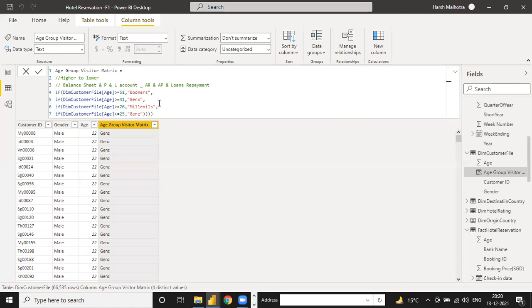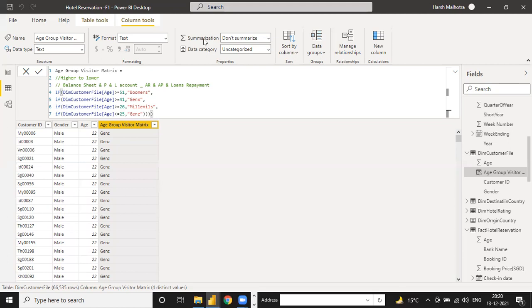Suppose you are following four conditions: 240 days, 90 days, 45 days, and 30 days. If you follow these four conditions for your debtor, then you have to write the conditions with the highest first: 240, then 90, then 45, and then 30. You don't need to do this in Excel. If we write any condition after or before, it is not necessary. But in Power BI, you always have to write your conditions from higher to lower. That is the main step, an easier step in Power BI.